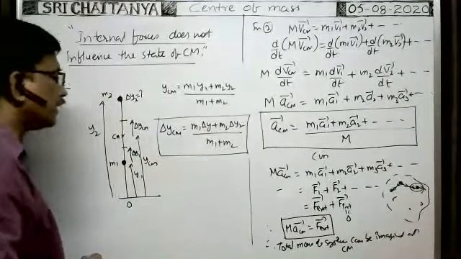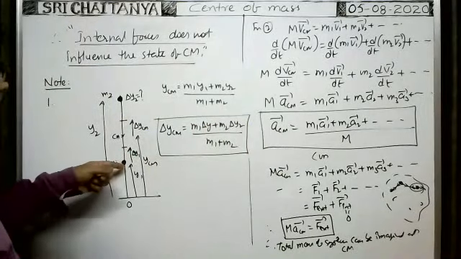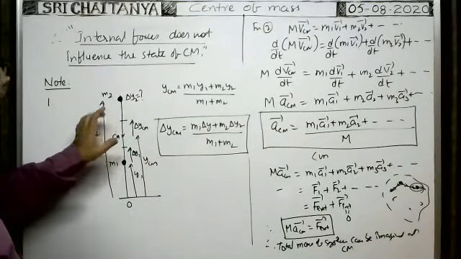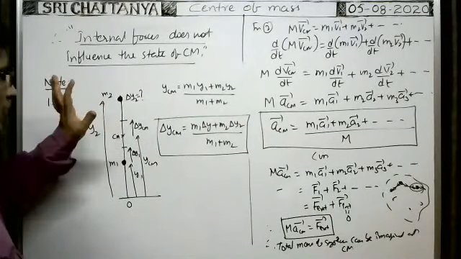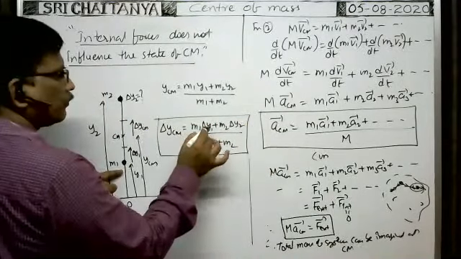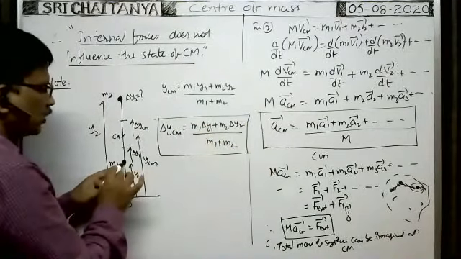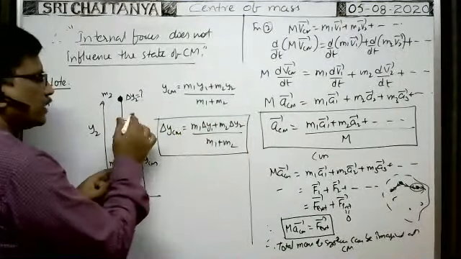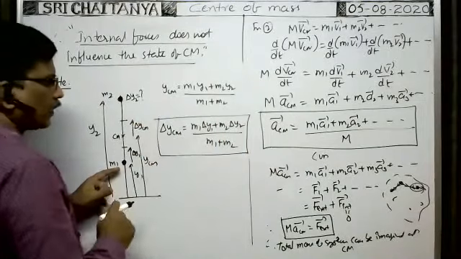But while substituting the data here, suppose delta y1 is in the upward direction. It is the reference direction. All displacements must be along the upward direction only. If you take the displacement in the upward direction as positive, then if any particle is displaced in the opposite direction, we have to take a minus sign.